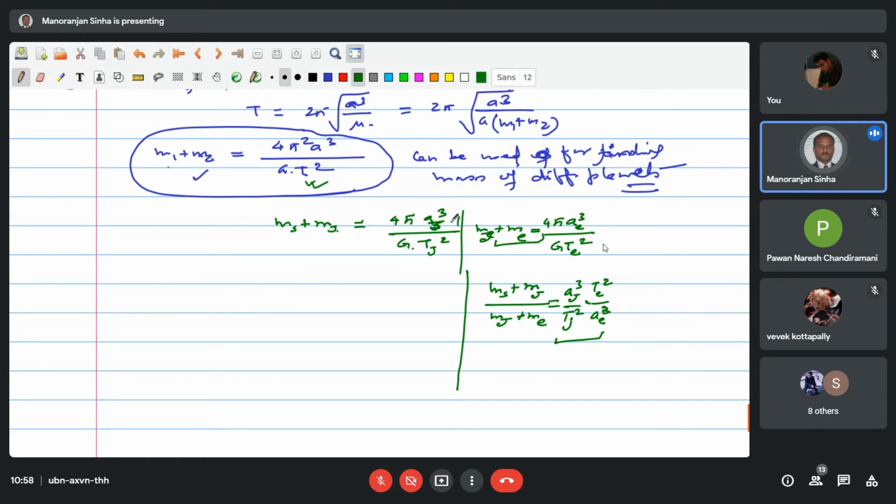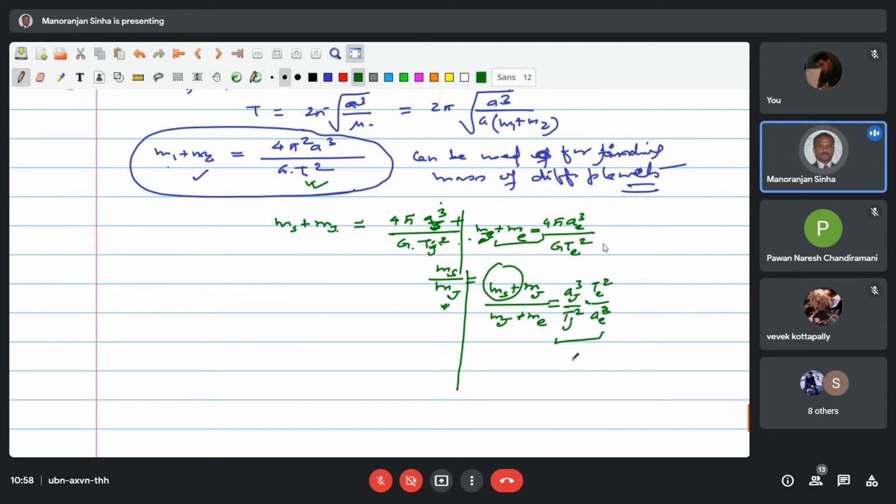So in the case of the mass of Jupiter, it's much larger compared to Europa. Jupiter is very large. So M Europa can be ignored here and you can write simply M Jupiter, and the upper part simply as M Sun. The right hand side is known and therefore M Jupiter can be computed. So just by measuring the time period and the semi-major axis, you can get approximately the mass of different planets.